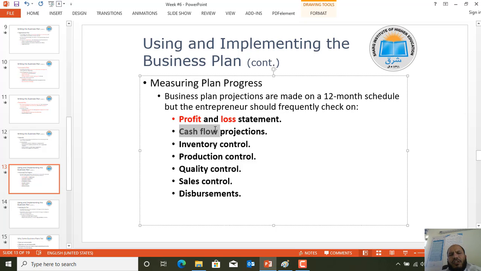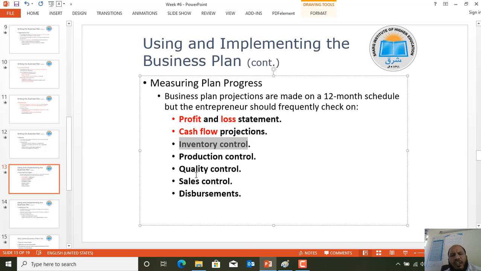Cash flows tell us about the operating cash flows, the financing cash flows of the business, and the investment cash flows. By cash flow we mean the cash outflow and inflow. We will project these things, predict and prepare them in advance, but it is the responsibility of the entrepreneur to check the progress of all these things mostly on a daily basis, secondarily on a monthly basis, quarterly basis, or in a one year period.